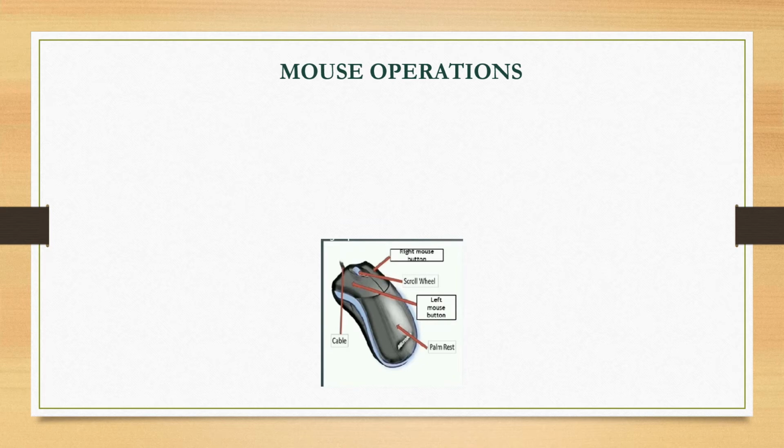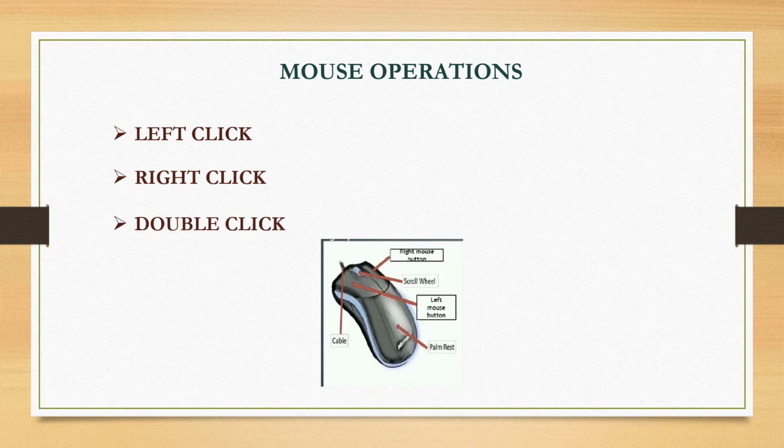Now there are so many operations of the mouse. First one is left click. It can be used to select any item or do many actions depending on the software. The next one is right click, which means to click the right mouse button once. Right click can also do various activities, but it definitely brings up the context menu. Next one is double click. Double click means that you must click the left button twice quickly. This can lead to many actions on the text processor or any software.